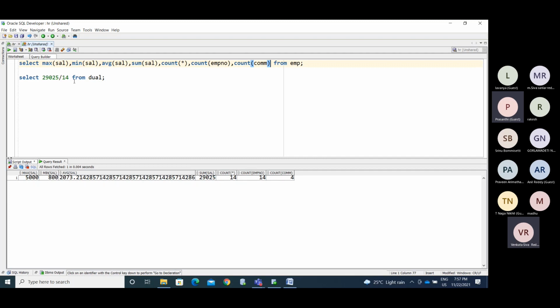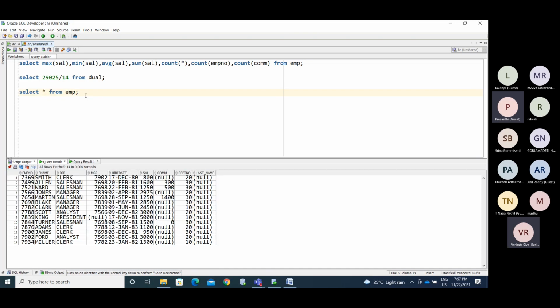If I use select star from EMP here, I'm pinning this output and see here. Now we use count star. It displays how many records we have. Now we use count of employee number.